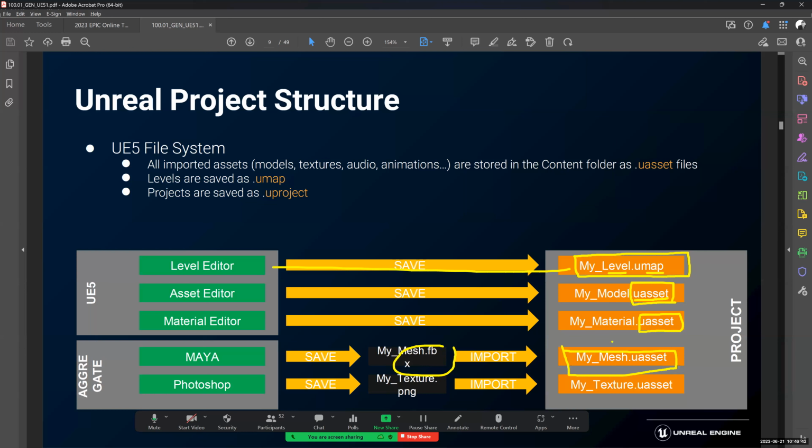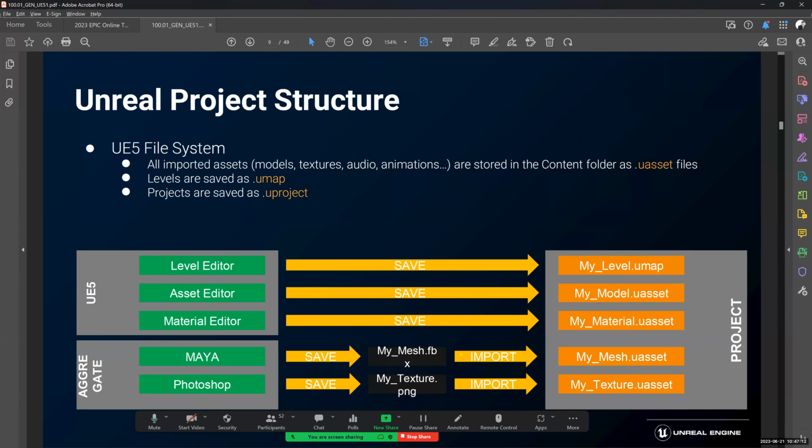So what I'm trying to say is, if you have a file that has already been converted into an Unreal project file, you cannot take it and expect to go back into Blender or Maya and use it, because it has been converted. The reason is that Unreal Engine is a game engine, so it will optimize the files as much as possible for them to run as fast as possible. It's all about optimization inside of Unreal Engine.